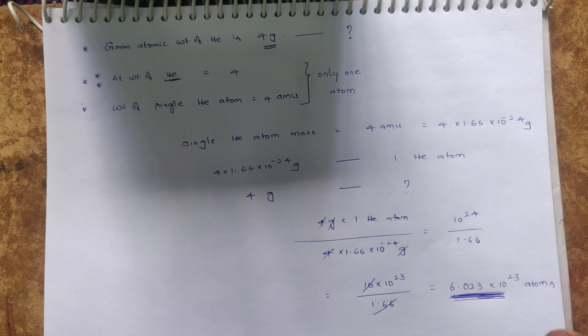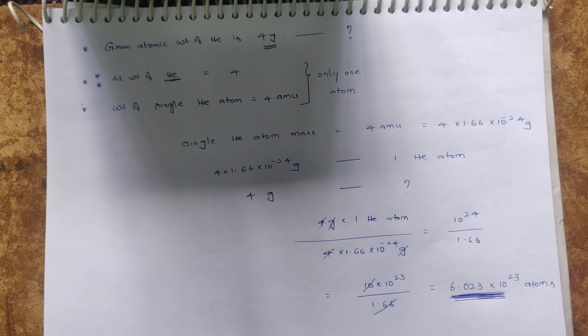Imagine if each water molecule weighed 18 grams. If you imagine that each water molecule weighs 18 grams, how many water molecules are present in a drop of rain? Millions of water molecules are present. So its weight should become tons and tons. In the same manner, our body weight should become tons and tons. It's not possible to imagine. So don't confuse atomic weight with gram atomic weight.